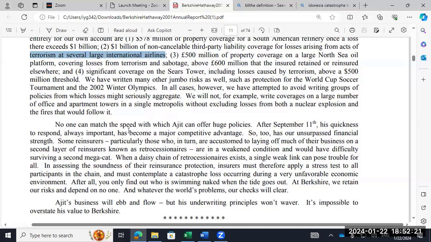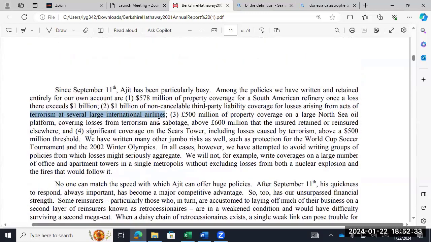What did 9/11 do? 4 planes, international airlines, several. Isn't that essentially what they did? Aren't these somewhat exposed? International airlines, what else? What are you picking up there? You got multiple TSAs, multiple rules, all these kind of things going on. I don't know. $1 billion for that.